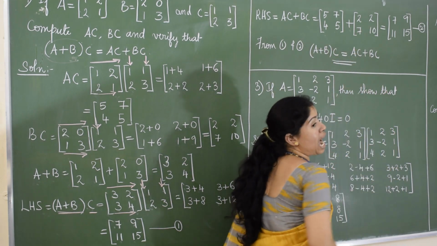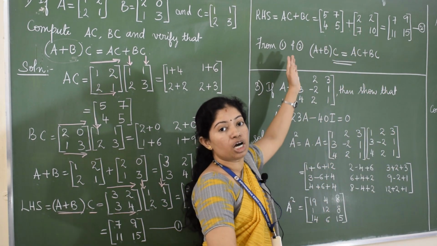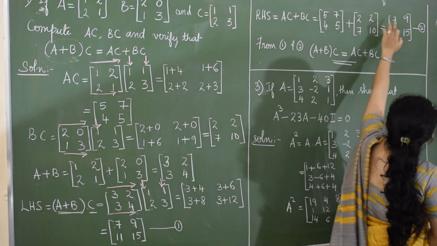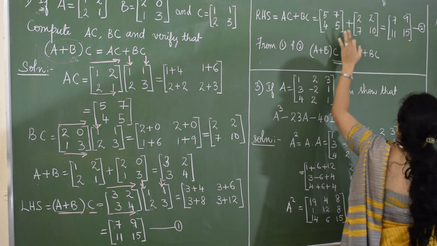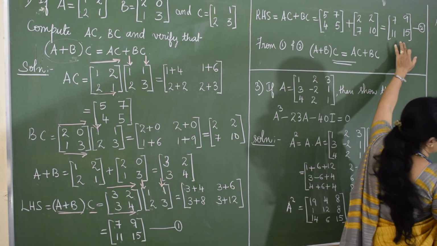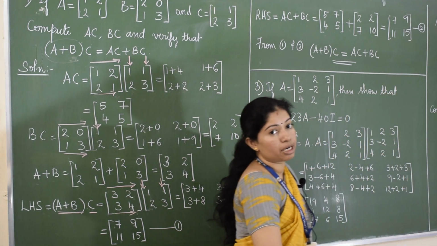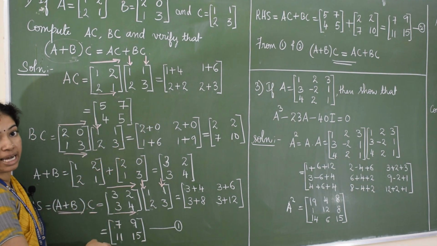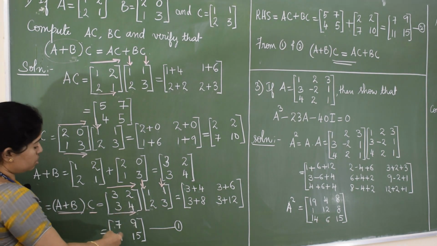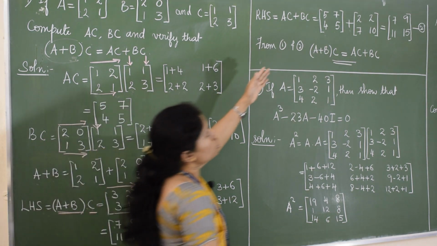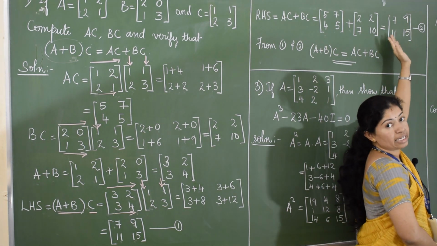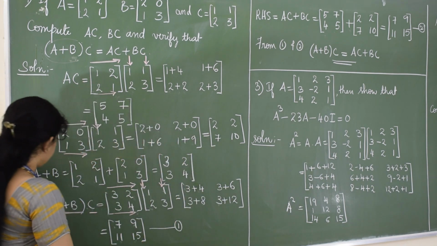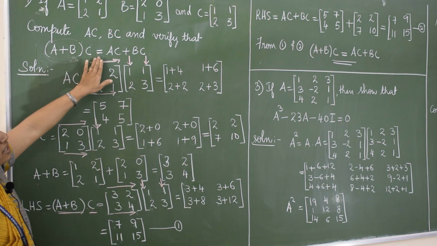Now you need to add those two matrices. So how you are going to add? You have to add the corresponding entries. So it is 5 plus 2, 7, 7 plus 2, 9, 4 plus 7, 11, 5 plus 10, 15. Take that as equation number 2. So if you compare equation number 1 with equation number 2, what can you observe? You have got the same matrices 7, 9, 11, 15, and here also you got the matrix with the entries 7, 9, 11, 15.